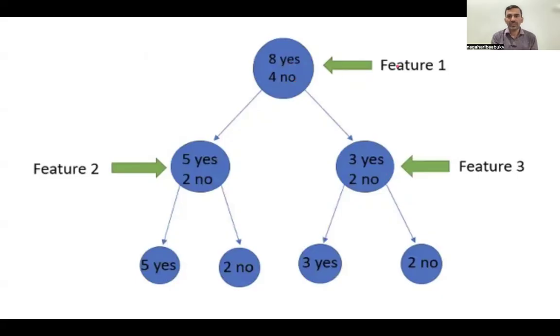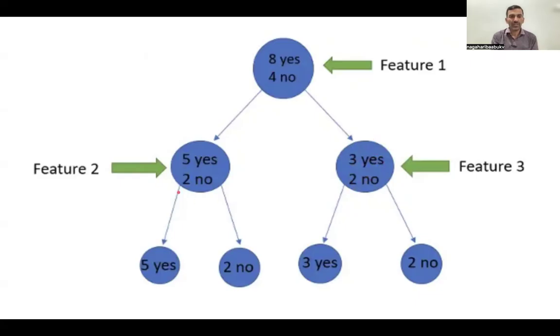If you apply some feature 1, let's say temperature, and if temperature is high, out of the 12 patients, 5 patients have high temperature and 2 patients have less temperature. So that means 5 have corona with respect to high temperature. And here temperature is less. 3 patients have less temperature, but still they are detected as corona, and others do not have corona.